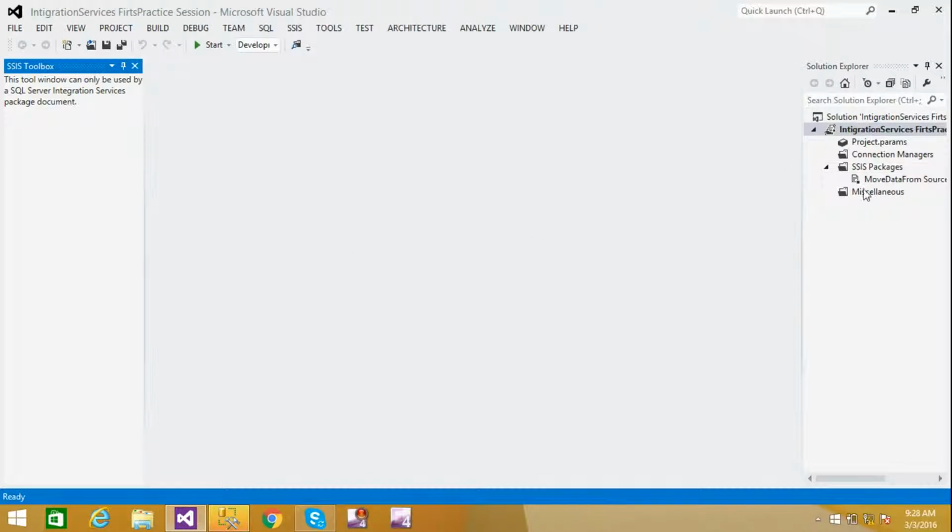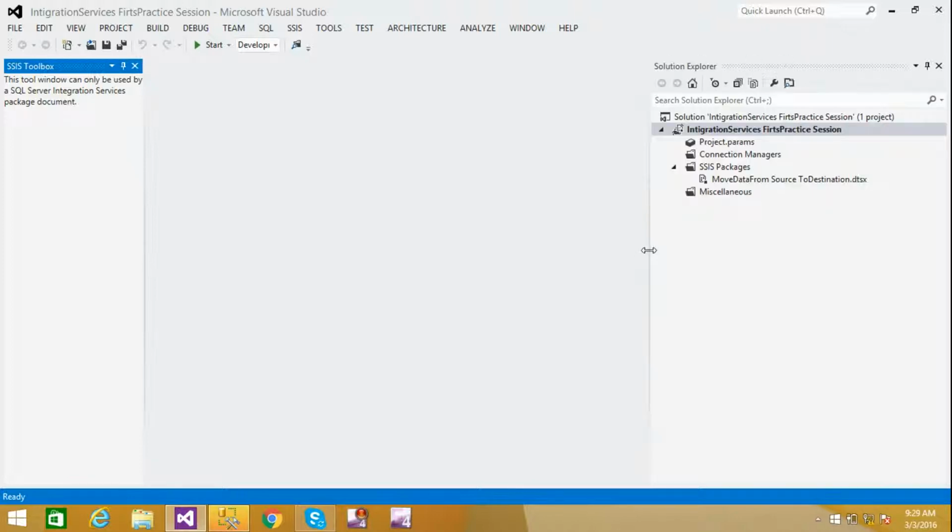I already created one new project that is named Integration Services First Practice Session. See here, if we expand this, it will show everything. In that new project we have some folders like Connection Managers, SSIS Packages and Miscellaneous. We will discuss Connection Managers and Miscellaneous later. And Project Parameters is also there. It is available within 2012. It is not available within the 2010 and